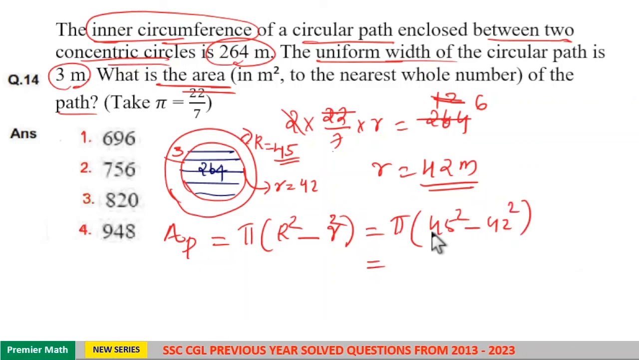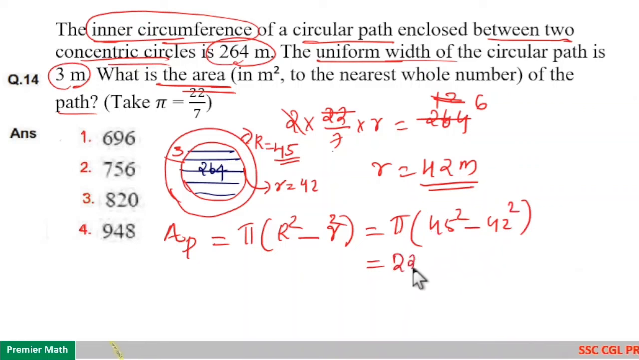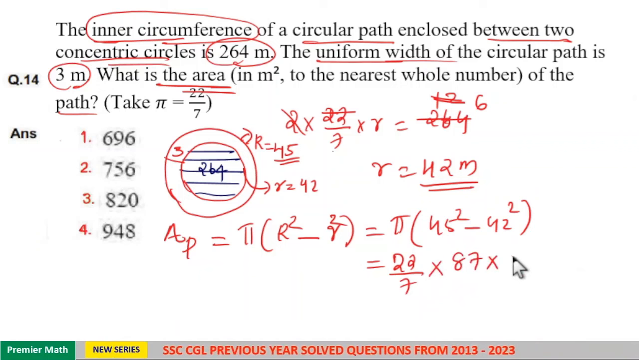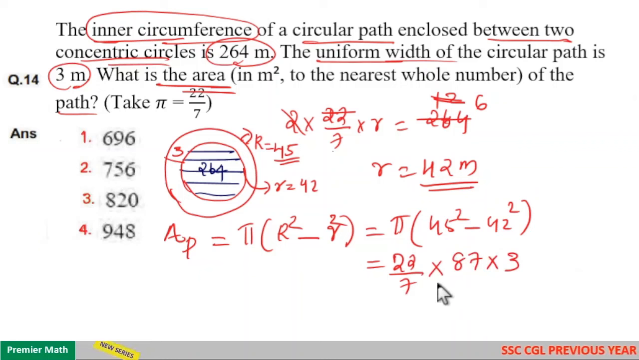Here this is in the form of a square minus b square. A square minus b square is a plus b into a minus b. So 22 by 7 into a plus b is 45 plus 42, which is 87. A minus b is equal to 45 minus 42, which is 3. So here,